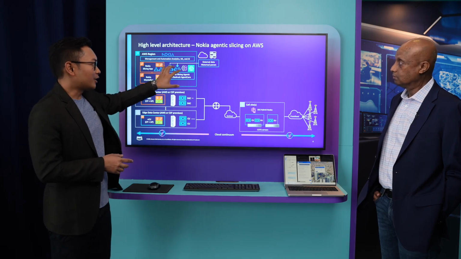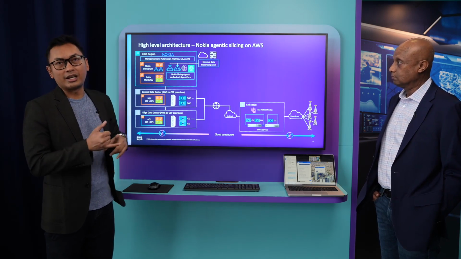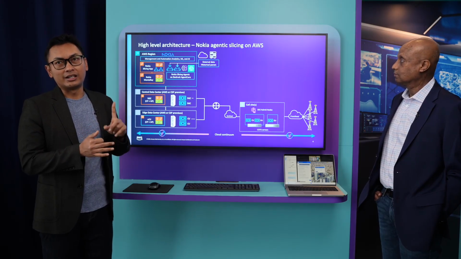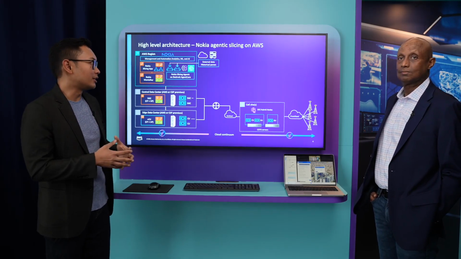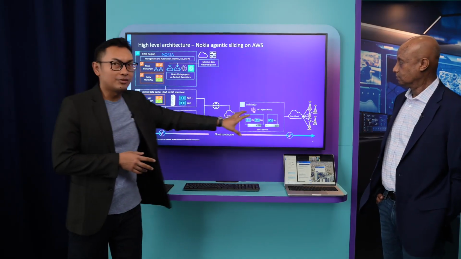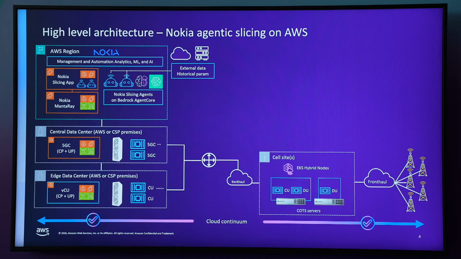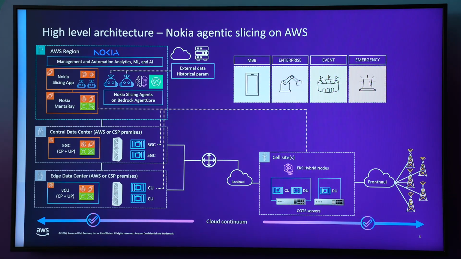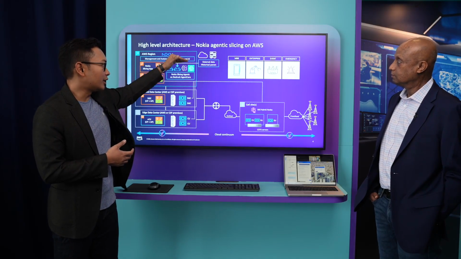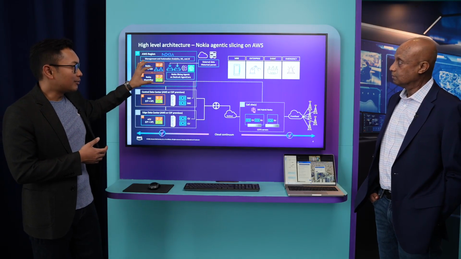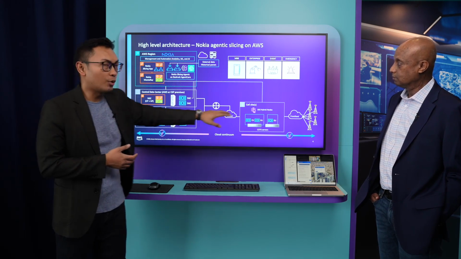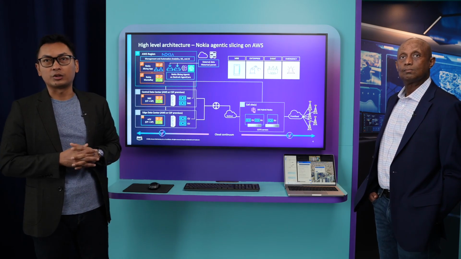The agent talks to external data, such as weather, incidents, and events, and collects all this external information and combines it with data from the cell sites to create an optimized network slice. There are 2 agents collaborating right now. The first agent collects the information from external sources. The second agent computes the optimized RAN parameter slicing, and then pushes the configuration to Mantare SMO, and Mantare will push it to the core, transport, and the RAN side to create the end-to-end network slicing.